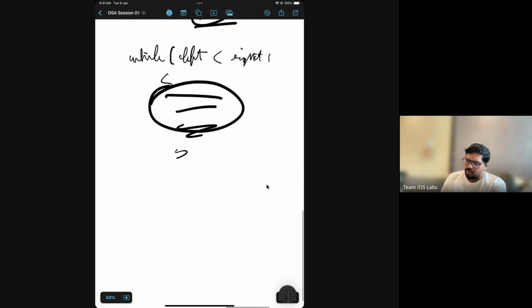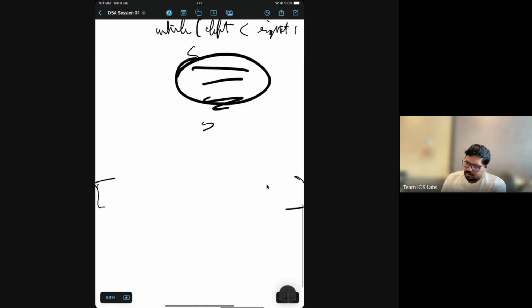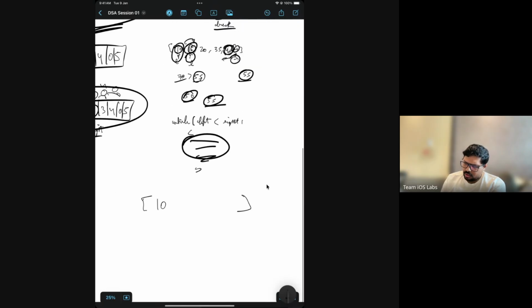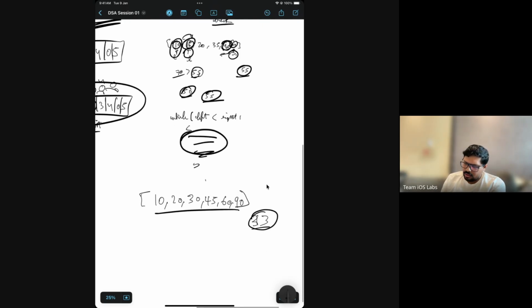At the end, suppose you have an example: 10, 20, 30, 45, 60 and 90. And my target element is, suppose, 33. We know there's no pair that exists for 33. So what happens at the end?